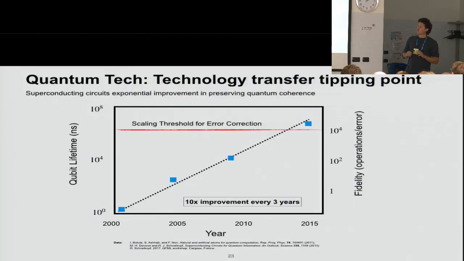So an important measure to see why we are, by some measures, at a tipping point for quantum technology and for technological transfer is this plot, which shows, especially for superconducting circuits, how there has been a steady improvement over the capacities that we have in the lab of preserving these correlations. Over roughly 15 years, there has been an 8-fold increase of the time through which we can really preserve quantum information, entanglement in qubits, and also the capabilities that we have of reading this information and actually encoding this information with some degree of confidence, not probabilistically.